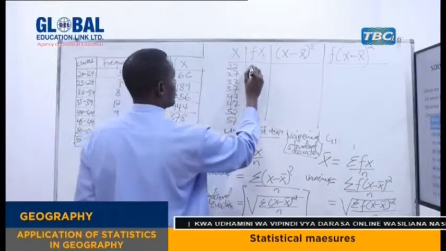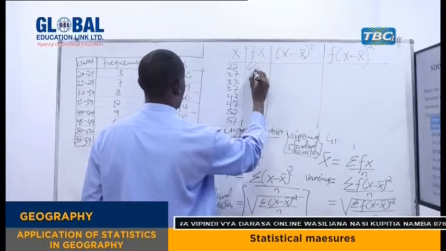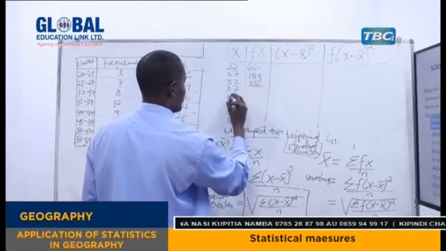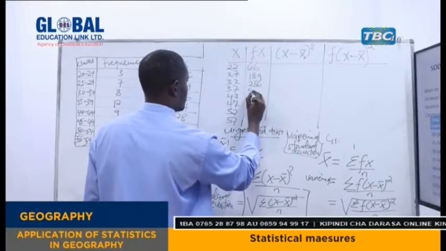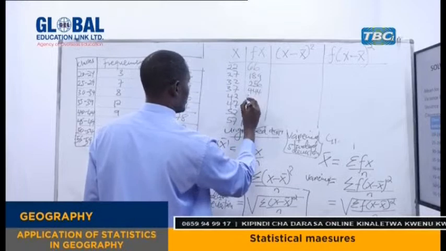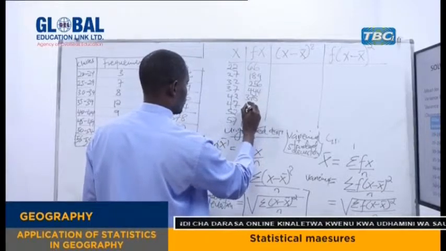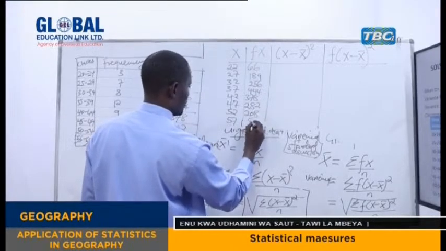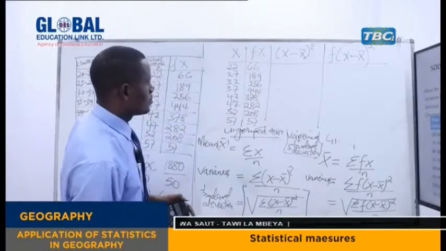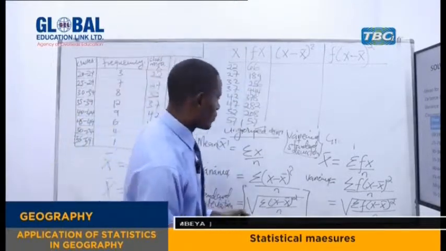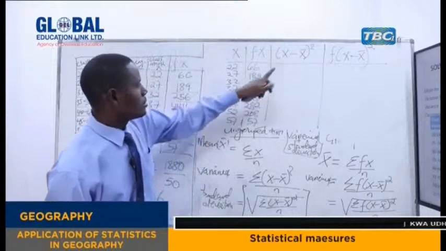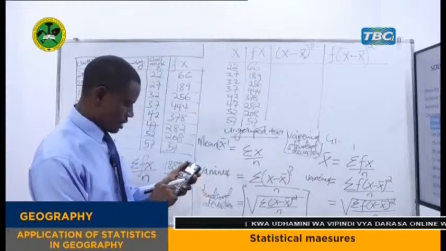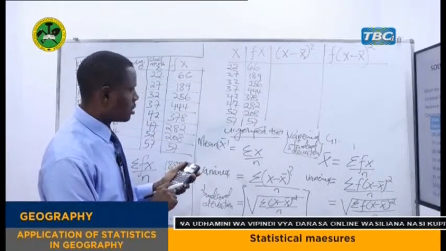Then fx, we had about 66, then you have 189, then we have 256, then we have 444, then 378, and then 282, then 208, and lastly we have 57. So we go for that particular column, and of that particular column we should find, I think you have the calculator, you just take the x, just to bracket, then